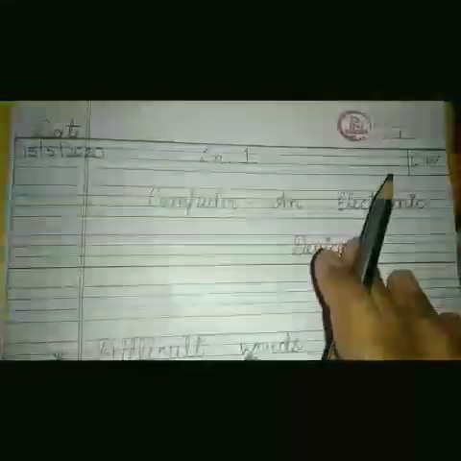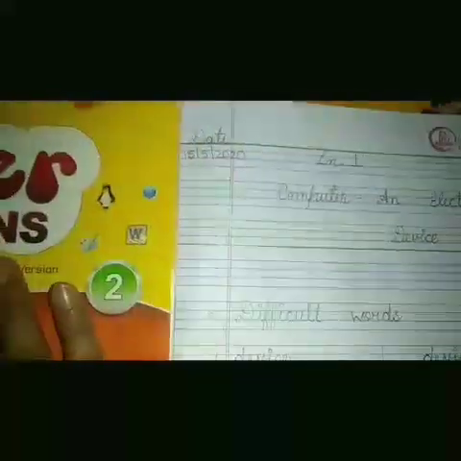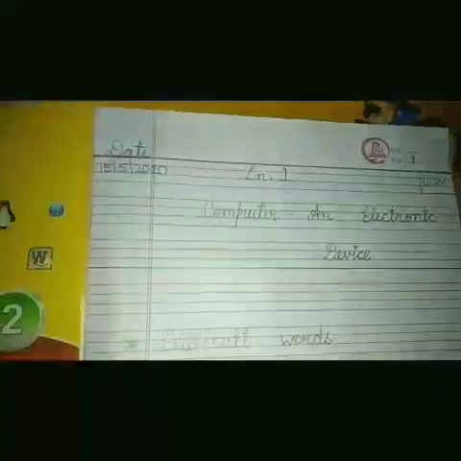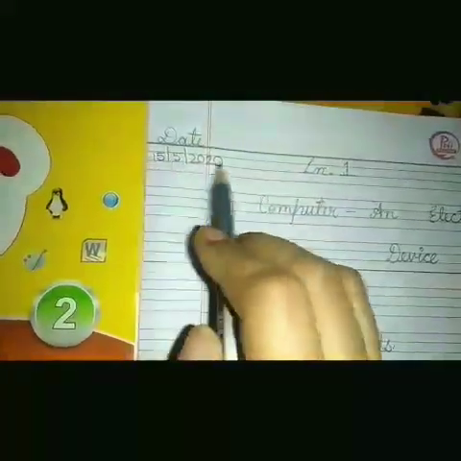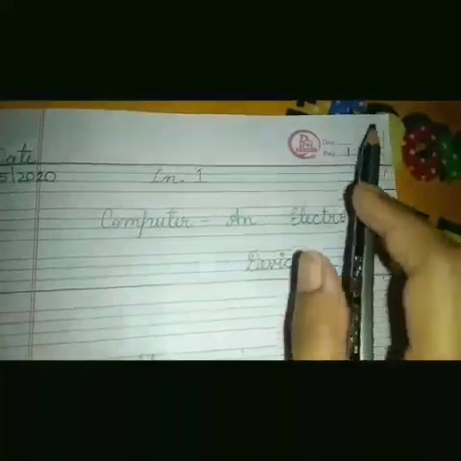First of all, you have to make a 4-line copy which has the left side blank and the right side ruled. You have to make a one side blank and one side ruled copy for your computer, and you will always write on the right side ruled page of the copy. Write the date here, the same date as I did. Then write classwork here and also do the page numbering for all the pages.